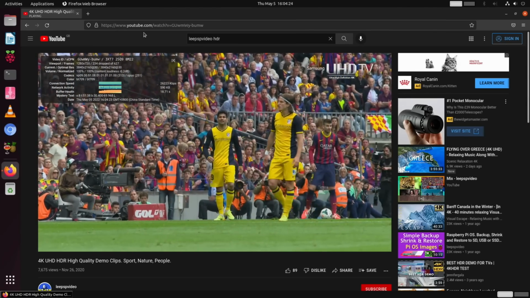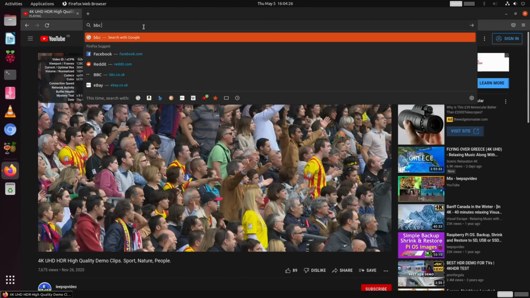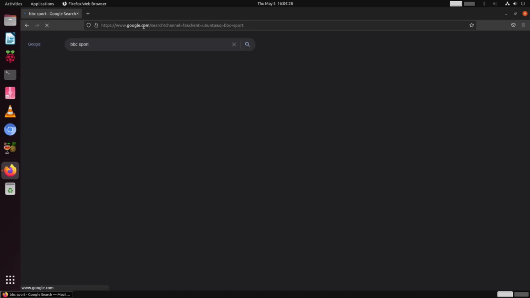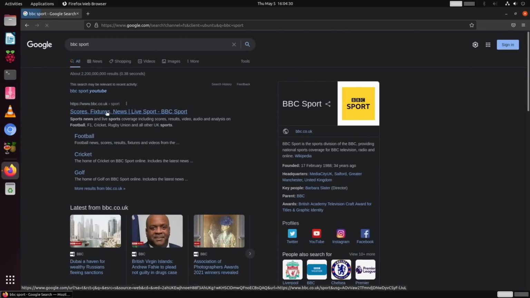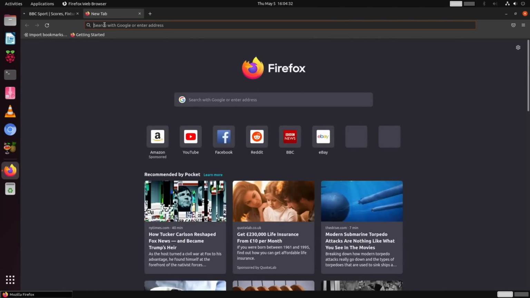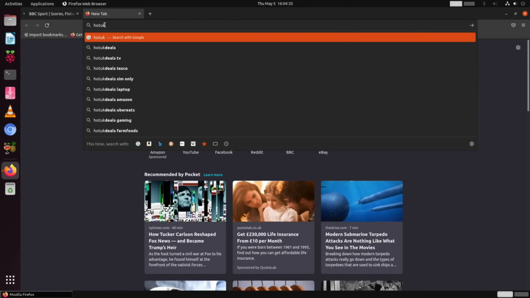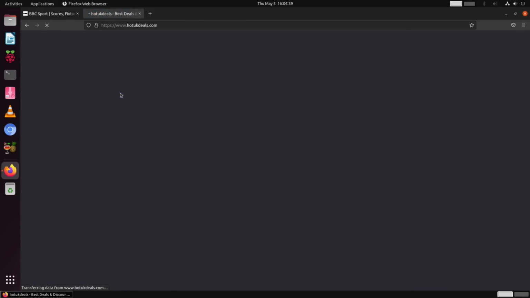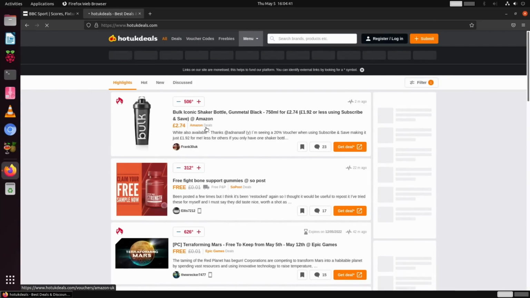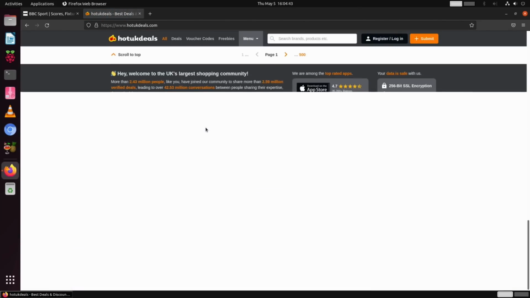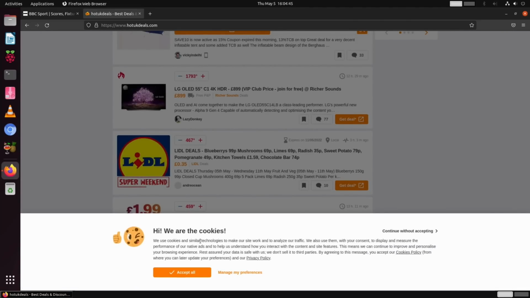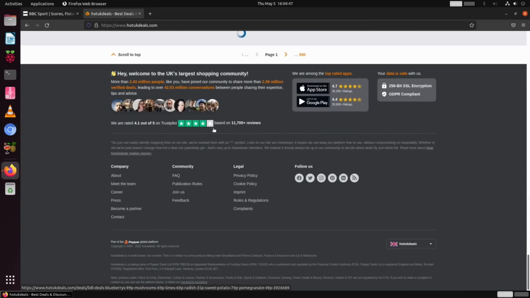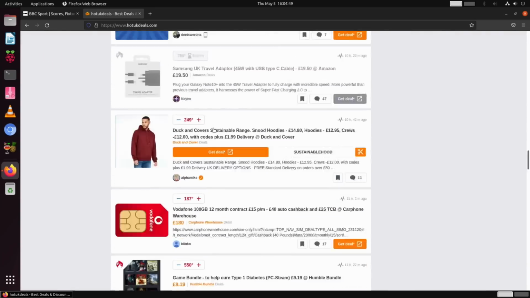And let's just try a web search on this as well. So BBC Sport, and launch that, and then Hot UK Deals, and let's launch that. Just because it's got a lot of images in it. I'm not sponsored, as I was asked about before. Yeah, so you can see, oh, we've got to accept the cookies, but yeah, it's working nicely and coping with